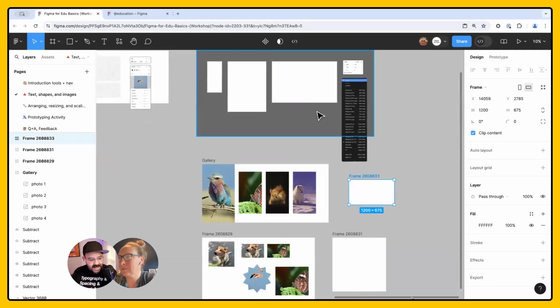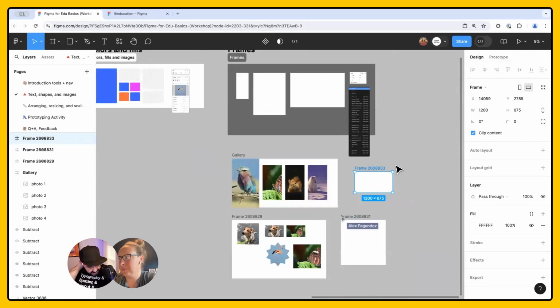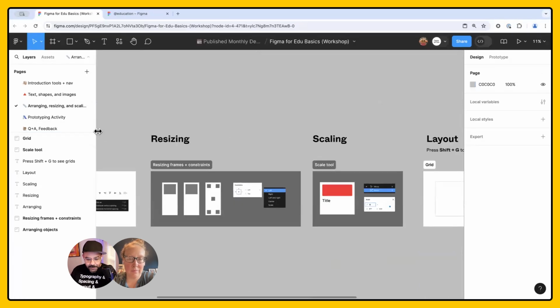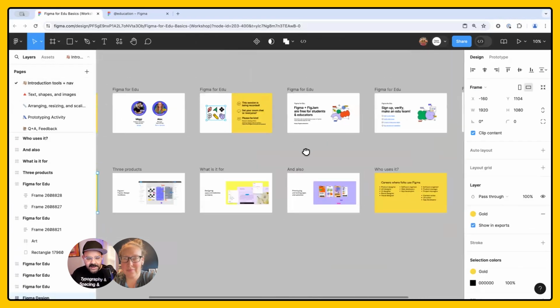So we understand the concept of frames. And I see somebody's mentioning auto layout. Today, we're not talking about auto layout or components. We're just keeping it real with the absolute basics. So right now we've been working in pages. The first page is where we were introduced.